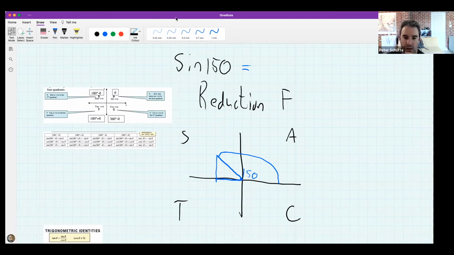So I'm not sure if I'm 100% correct, but I think we could say sine of 180 minus 150, because the angle 150 is less than 180, and then we can get sine 30. Is that correct? Sine of 150 is in the second quadrant where it's